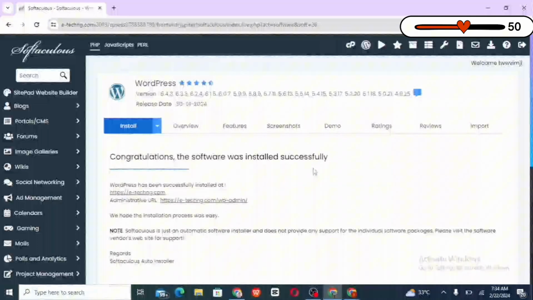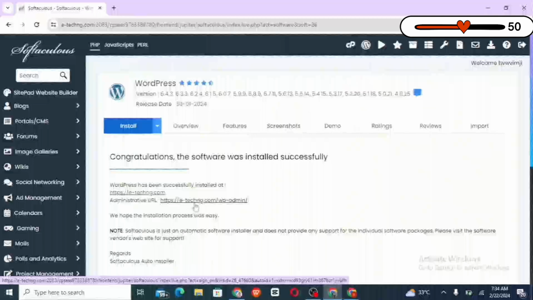We have been provided two links. The first link there is for it to take you directly to your website, while the second link is to take you to your WordPress account, that is the dashboard where you can edit your website, where you can actually delete and add new plugins, new elements, etc. So you can just go ahead and copy both of the links and paste somewhere, or just get to know it. Okay,